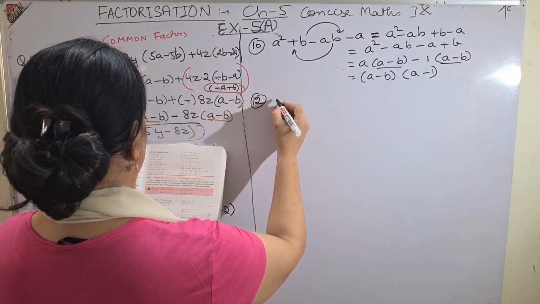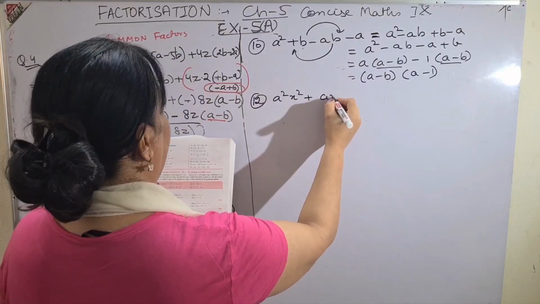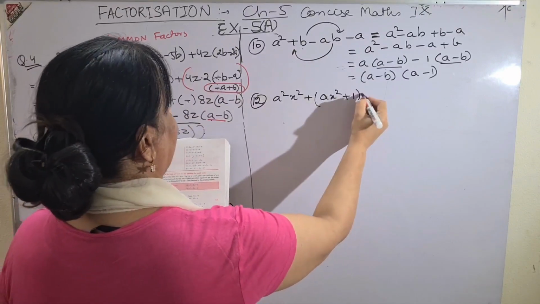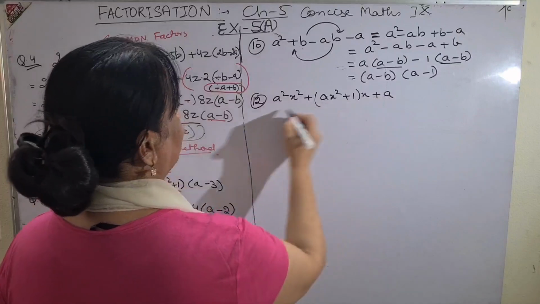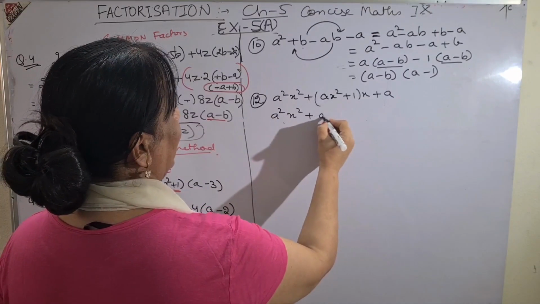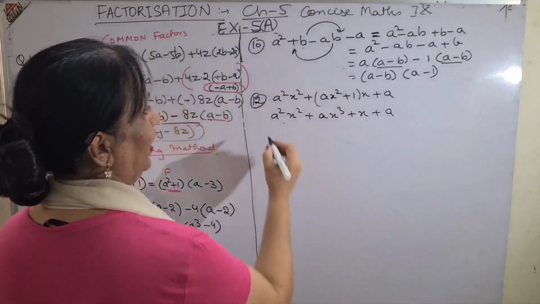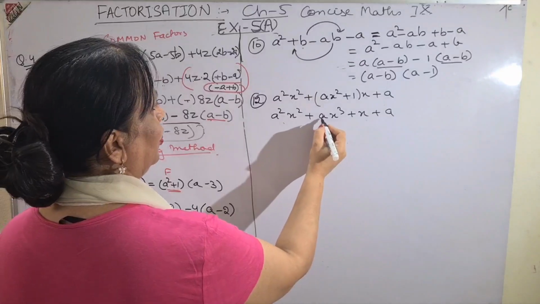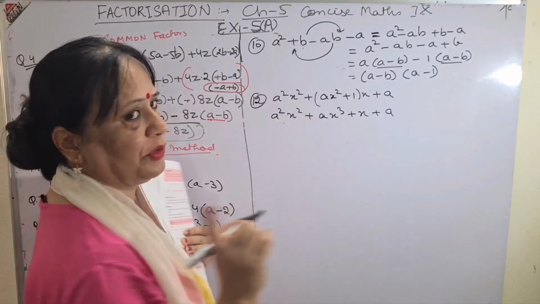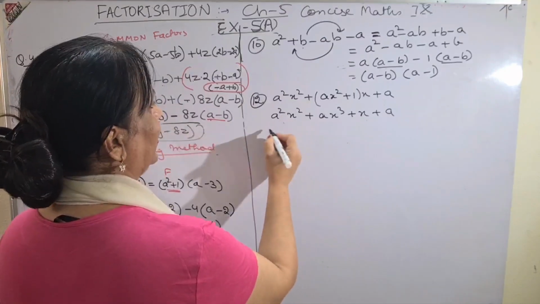For example, come to question number 12th now. Each type I am giving you the answers. A square x square plus ax square plus 1 into x it has been given, and again I have to group it, so no problem children. Just open the bracket by multiplying: ax cube plus x plus a. Now the question is simple. You can take common. You know A has 1 degree also and 2 degree, and you always have to take the smaller degree. This all you have done in 8th standard, so I don't have to repeat it.